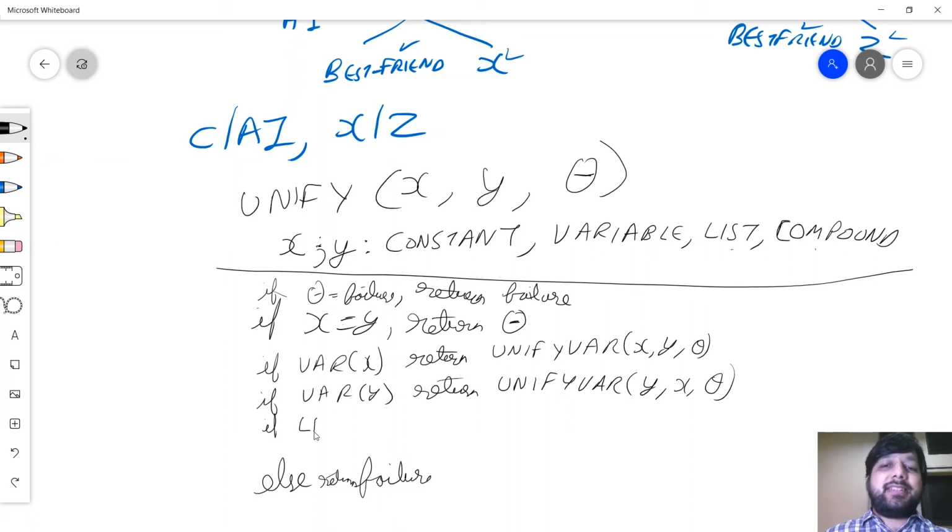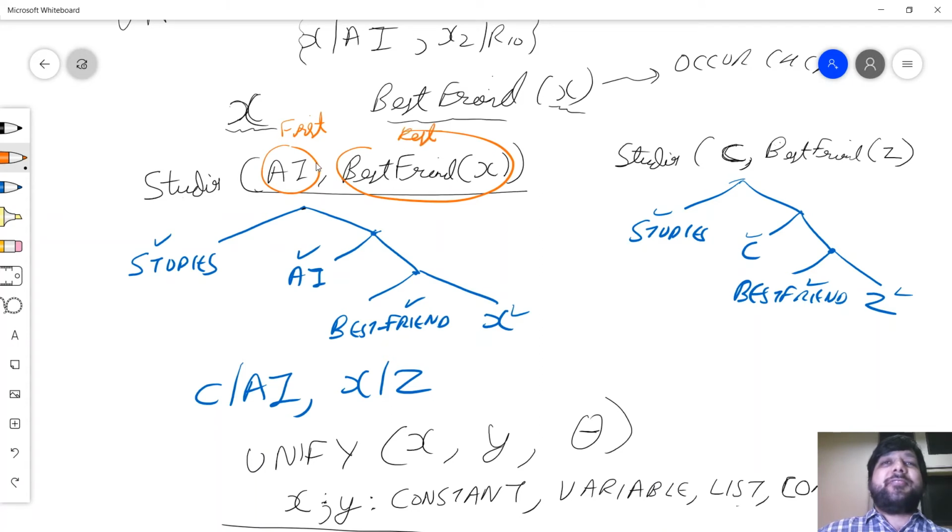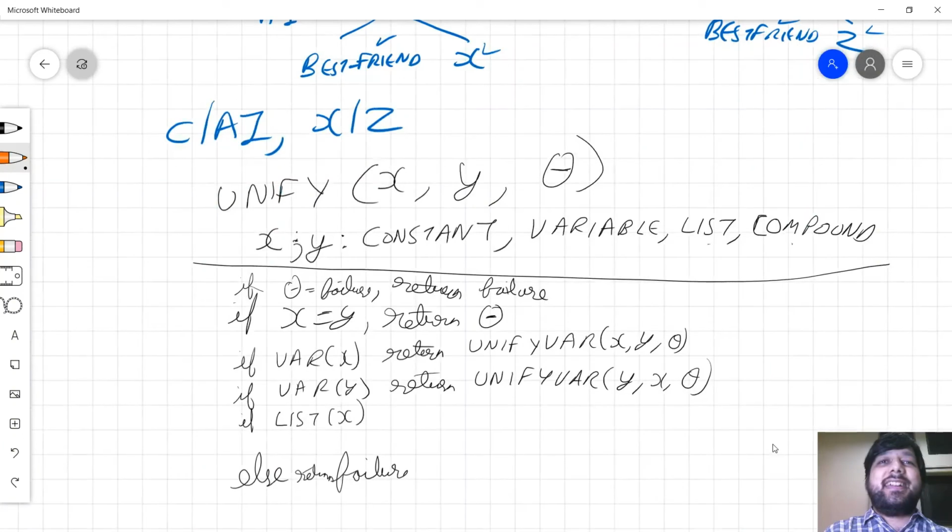If list, then of course, in case of a list like AI, comma, best friend AI, I reduce it as the first and the rest. I solve it for first and I recurse for rest. So that's recursively calculating the sum of a linked list.